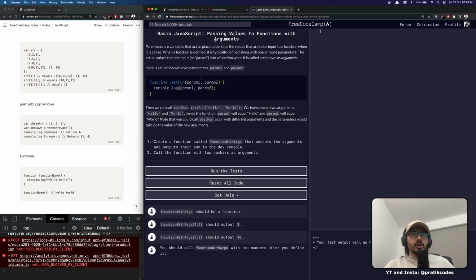Passing values to functions with arguments. Parameters of param. Then we call test fun. Hello world. We pass. Okay, that makes sense. So create a function. So function called function with args that accepts 2 arguments. So I don't know, arg1, arg2. Console log